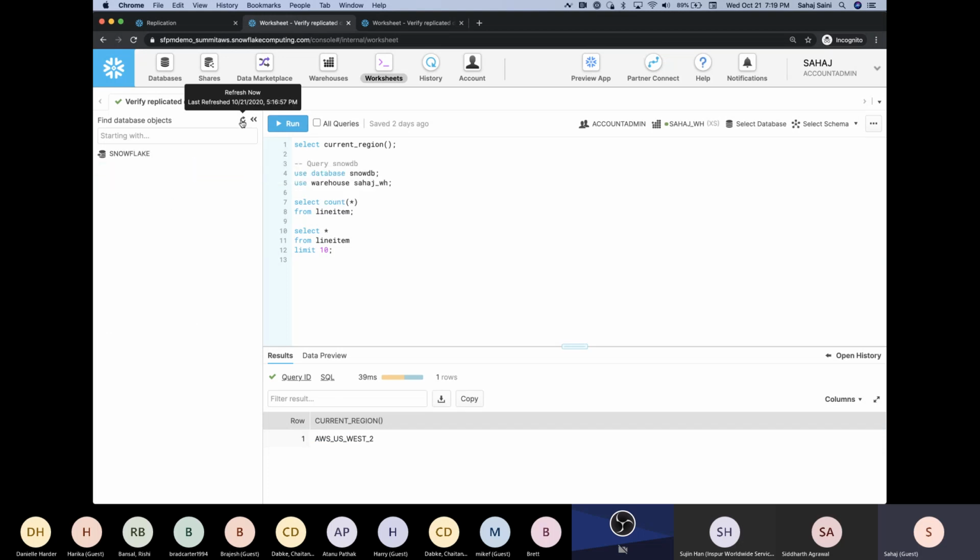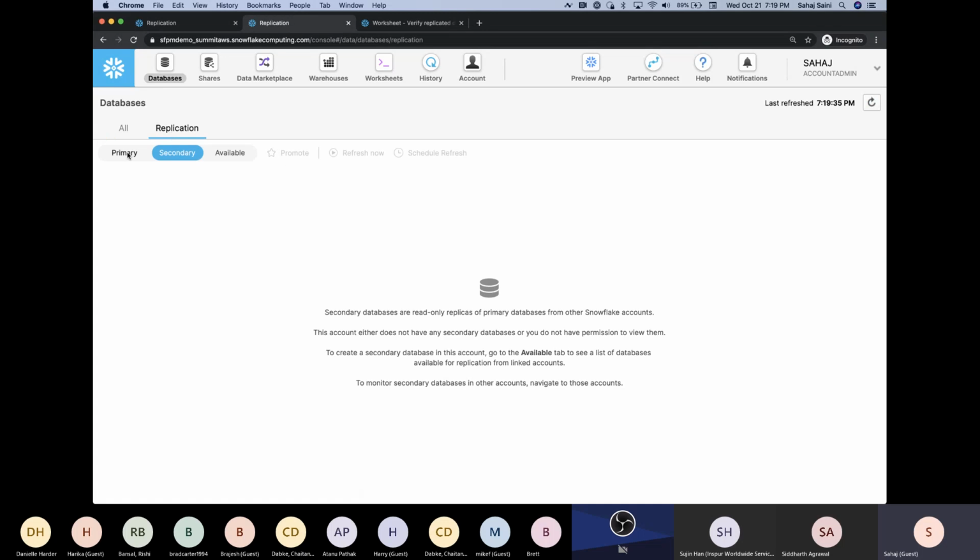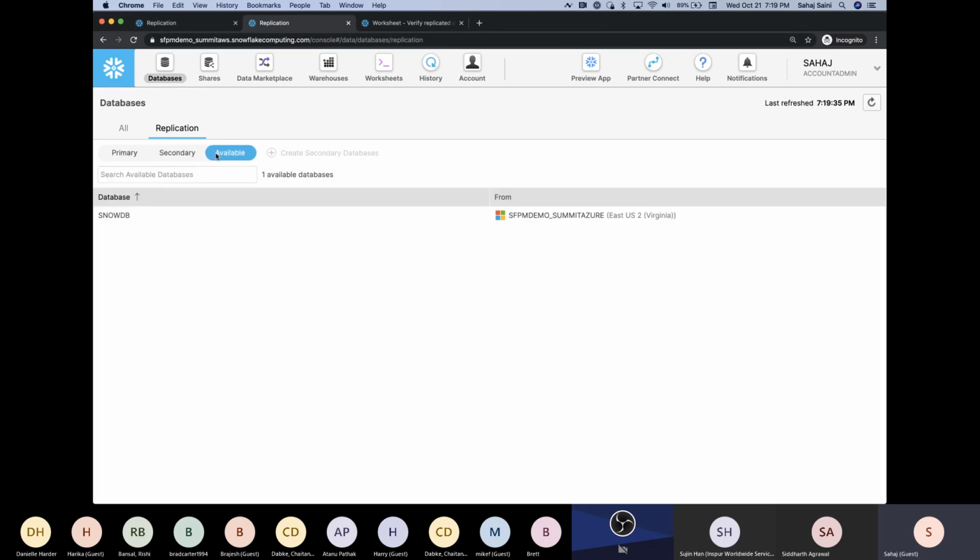And let's see. So I hadn't refreshed this, but basically I have only a single database right now here, which is a Snowflake database shared by Snowflake to me to monitor my account usage, but I don't have the SnowDB database. The thing you saw there was an artifact of me trying this demo just before this meeting, but I deleted it, and now if I refresh, I don't see it. So what I can do now is go to my databases tab, go to replication, and I don't have any primary or secondary databases, but I can see that I have the SnowDB database that's available to me from Azure